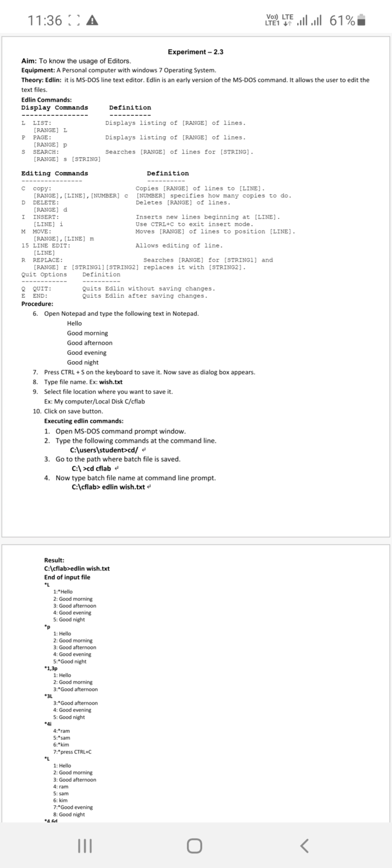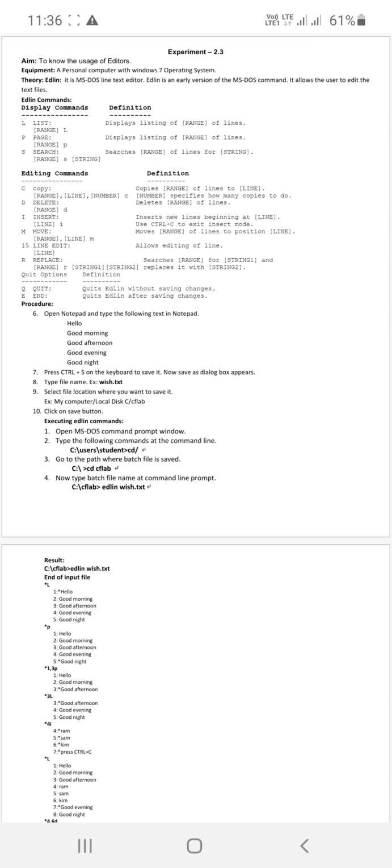Here Edlin is a line text editor, which means we can edit the text line by line. For this purpose we use the Edlin command. This is the earliest version in MS-DOS. It is used to edit text files.